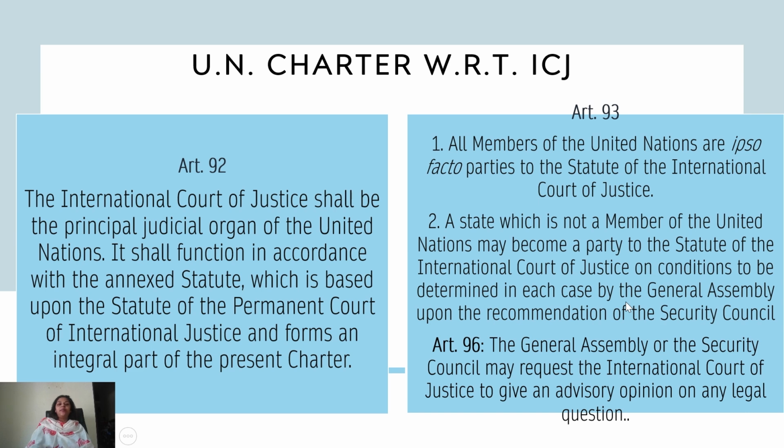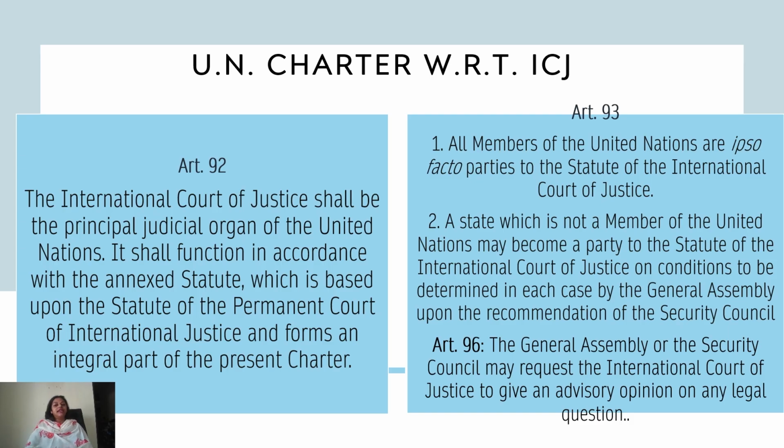So it says that a party which is not a member of the United Nations, it still can become a party of the Statute of International Court of Justice. How? This can happen on certain conditions which should be fulfilled by that state, and these conditions are to be decided by whom? The General Assembly, upon the recommendation of the Security Council, can decide these conditions from case to case basis. So for each state, the conditions may be customized, the conditions may be different as the General Assembly and Security Council decide. And upon fulfilling those conditions, the state can be considered to be a member of the Statute of International Court of Justice.